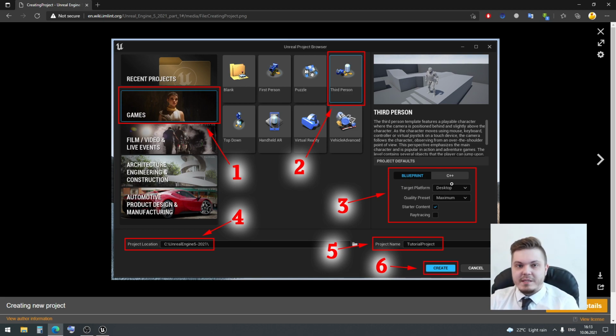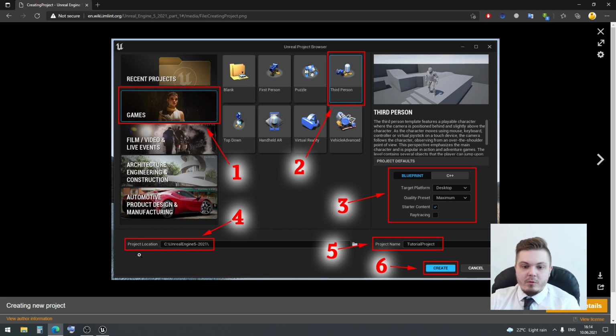It's Blueprint or C++. It actually doesn't matter because it's not two different projects. If you create a Blueprint project, you also will have C++ classes, and if you create a C++ project, you also have the ability to create Blueprint classes. It's actually about which language we'll be using for this template. So if you choose a third-person template with Blueprints, you will have this template written in Blueprints. And if you create a new project with C++, this third-person template will be created in the C++ programming